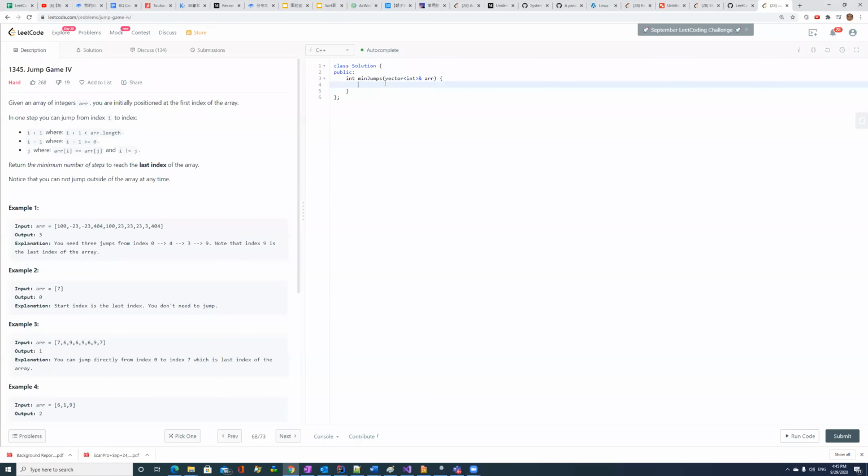Right now, I want to solve the problem, Jump Game 4. The Jump Game 4 is given an array, and we can move to other indices. The rules for moving from the current index are that we can go plus one step or minus one step. And the third rule is if another index's element equals the current index's element, we can go